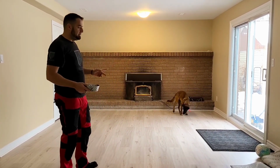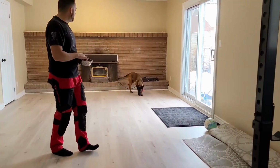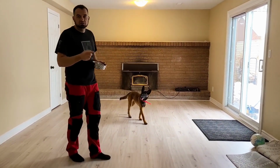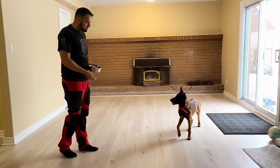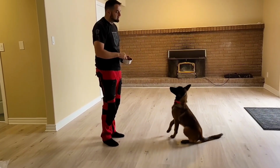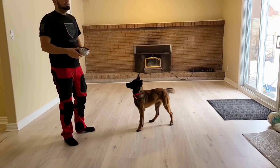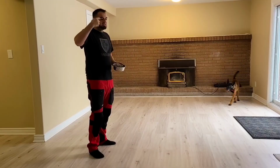So I've got two issues. Number one, obviously I want the dog to perform the command at a distance. But number two, I also have a dog who doesn't quite have the correct response to the auditory signal sit. So what I'm going to do for that is take the dog close, and work a little bit on making some success close to me. I'm also going to do some small exercises. I like to break them up a little bit by doing something else completely different, just to kind of free the